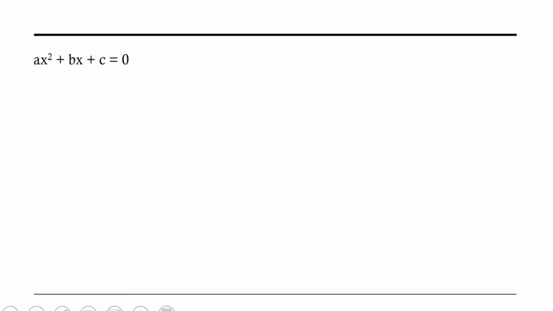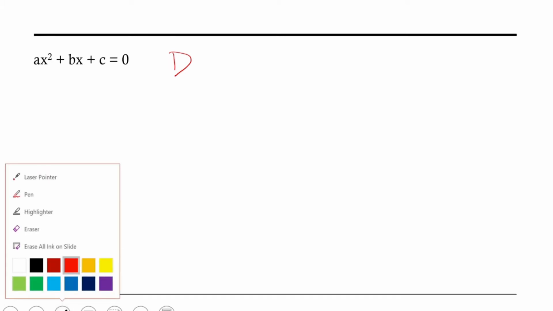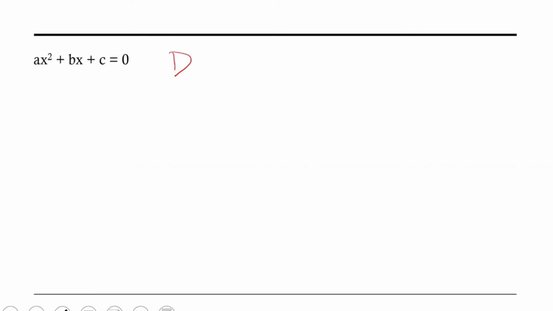In our earlier classes, we used to solve any quadratic equation of the form ax square plus bx plus c is equal to 0. For solving this quadratic equation, the first step we do is find the discriminant D. The discriminant D is given by D is equal to b square minus 4ac. So, we find the value of the discriminant and check whether it is greater than or equal to 0.